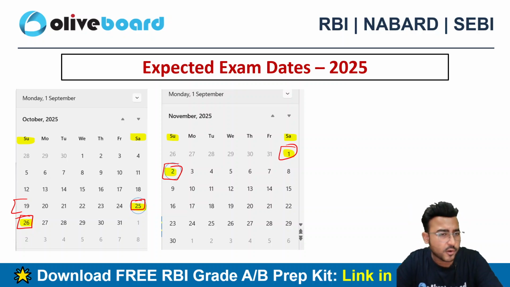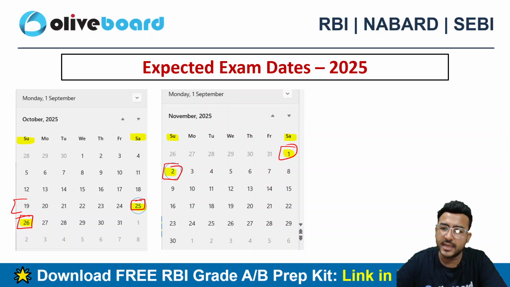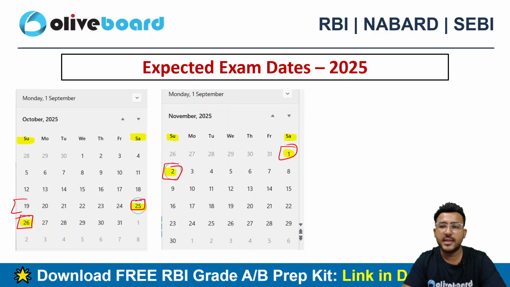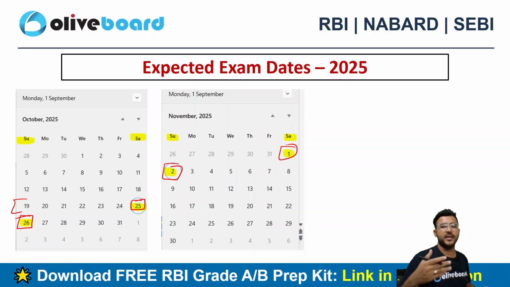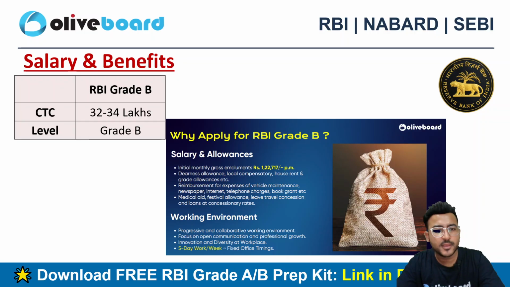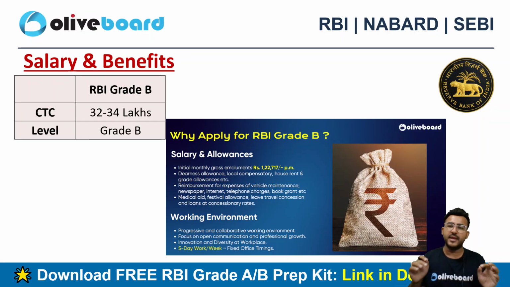25th or 26th of October can be a highly likely date for your examination for the 2025 phase 2 examination, and accordingly if you add 25 to 30 days, you will be also getting your phase 2 examination after your phase 1 examination date, right? If I talk about the salary and benefit,